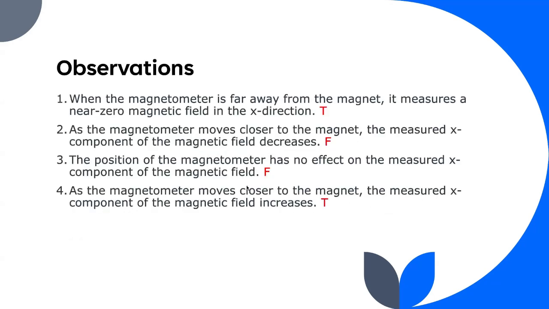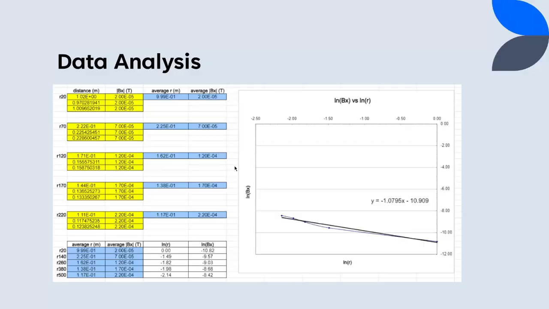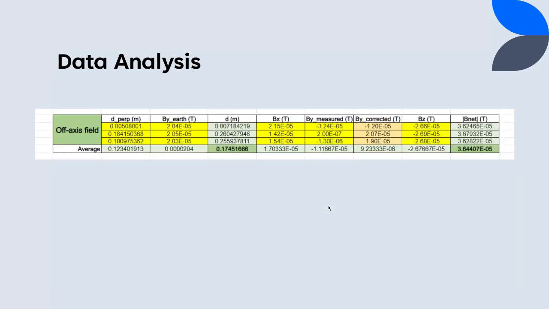So for our observations, we found that the first and last statements are true, and the second and third statements are false. And for our data analysis, the equation from our data is represented by y equals negative 1.0795x minus 10.909. And for our off-axis field, our average distance was 0.123 meters, and our average magnetic